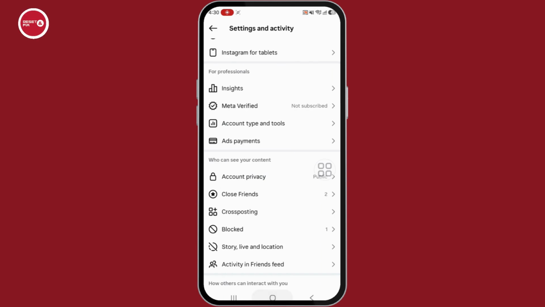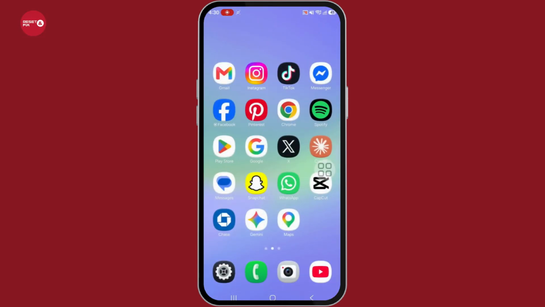After making these changes, give Instagram some time to update your account information and then try searching for your account again. And that's how to fix an Instagram account that's not showing in search